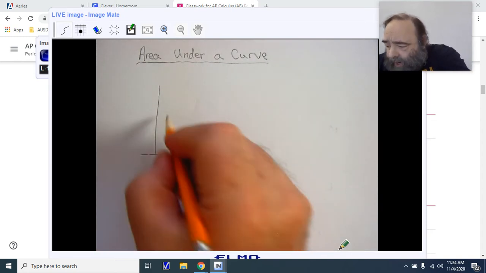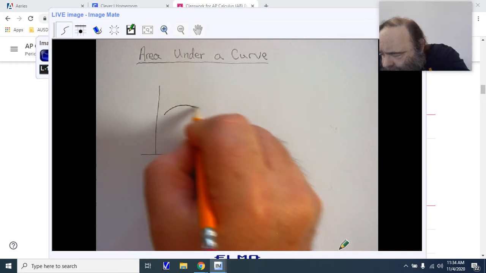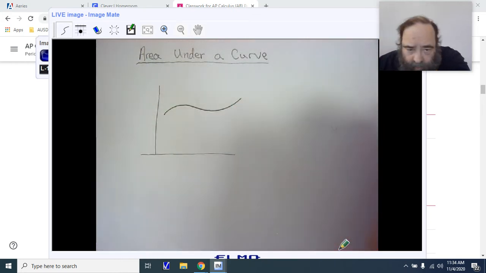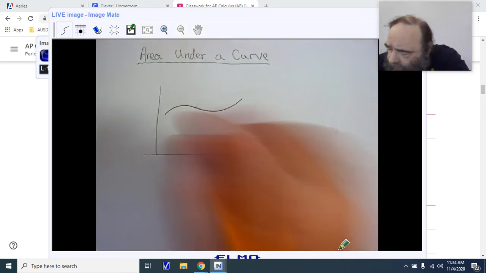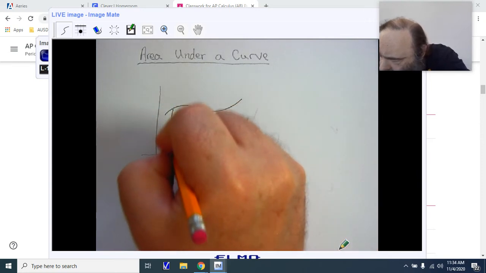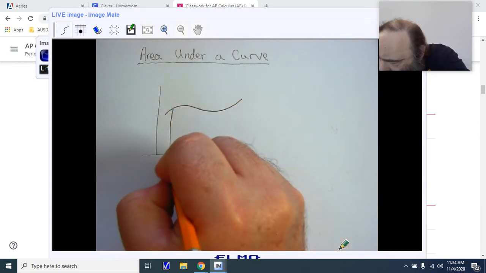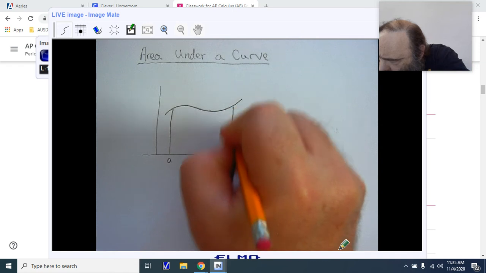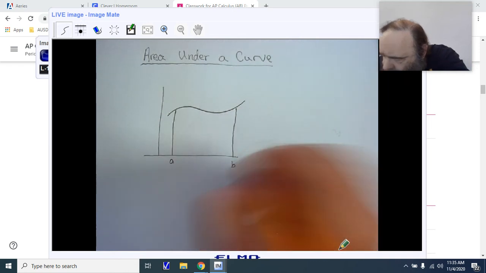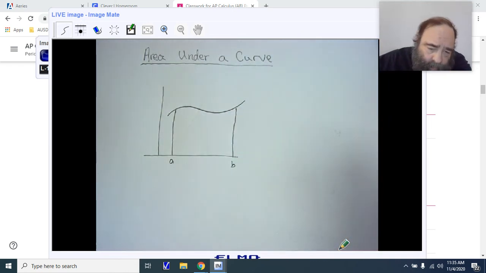Today we're going to be taking a look at area under a curve and see how that works. So basically, I'm going to take just any curve, and you'll notice it's nothing spectacular. I'm going from A to B. Now, the basic idea behind this is if I'm trying to find the area under that curve, then